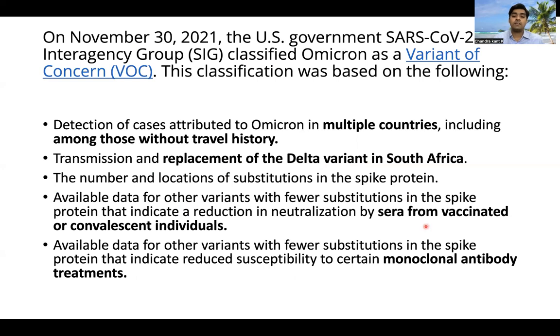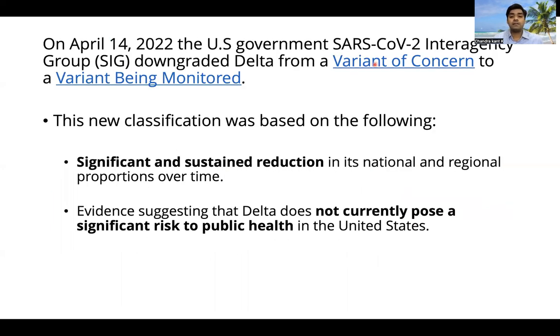There is no protection offered by sera from vaccinated or infected individuals, and no protection offered by monoclonal antibodies. The same agency of WHO has downgraded the Delta virus from a variant of concern to a variant being monitored. The reason for the new classification is that there was a reduction in the number of cases, and also no significant health risk to the